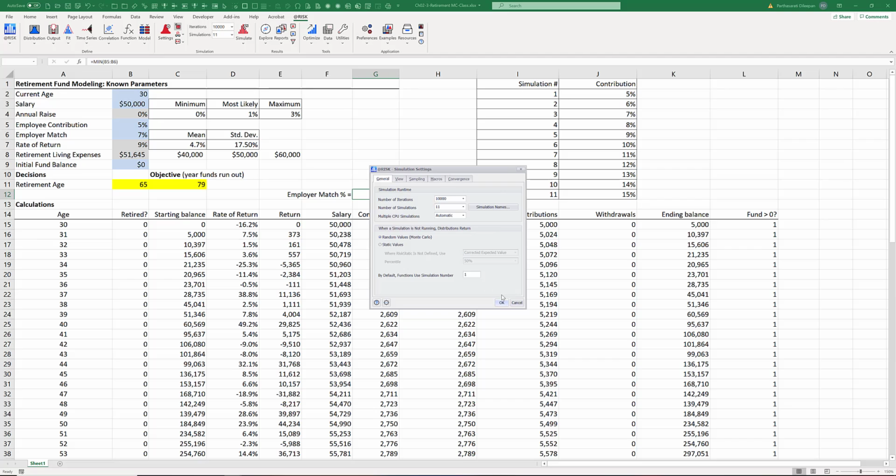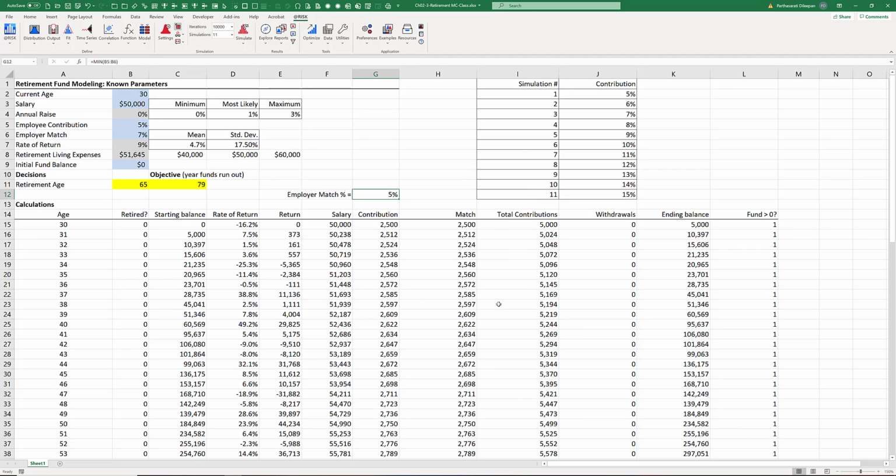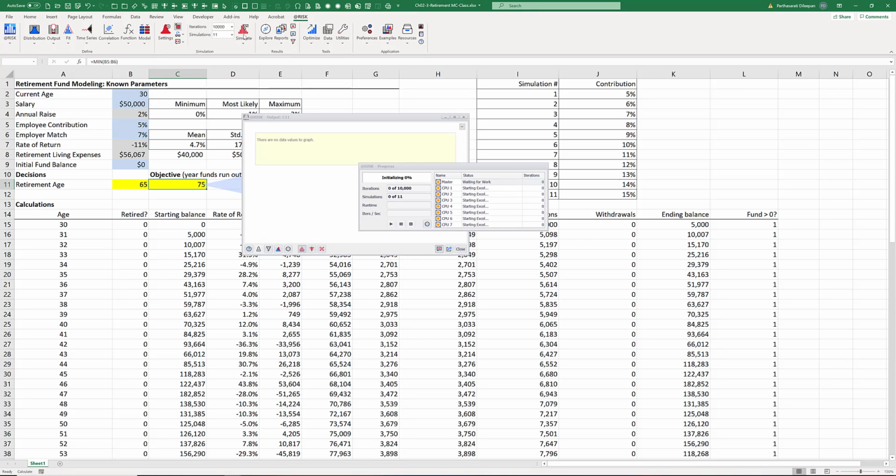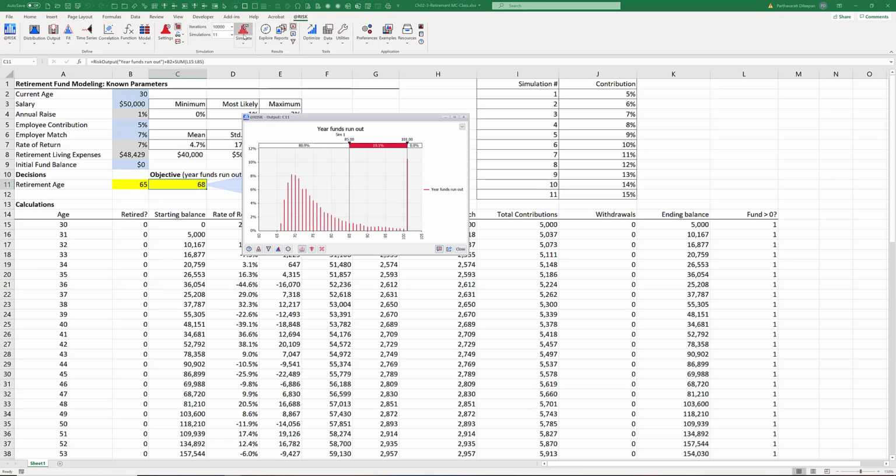Click OK and then you simulate. Okay, we have finished